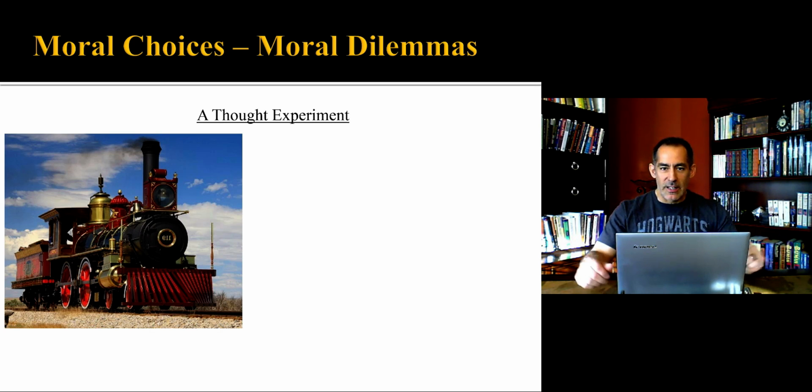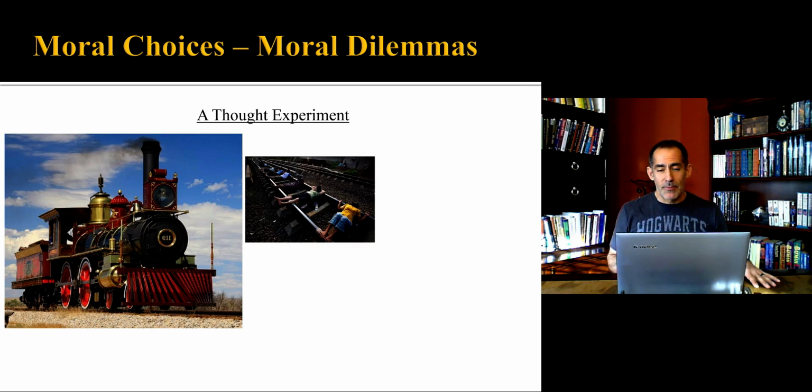We're going to use a train initially, and this is the scenario that you're presented with. You are the conductor of a train. You're driving the train, going down the tracks at a good clip, and you do not have the ability to apply the brakes in the situation I'm about to give you. On the track ahead of you, there's a number of people. They're not supposed to be on the track. They're fooling around. Perhaps they're drunk. Maybe a few of them are passed out. And even though you blow the horn, you're not going to be able to get these people to move out of the way. And you can't stop in time to save their lives.